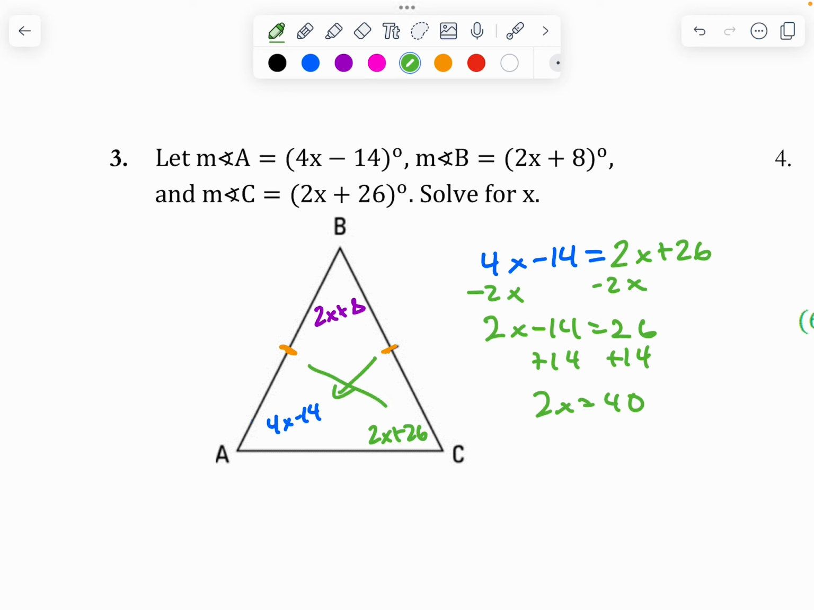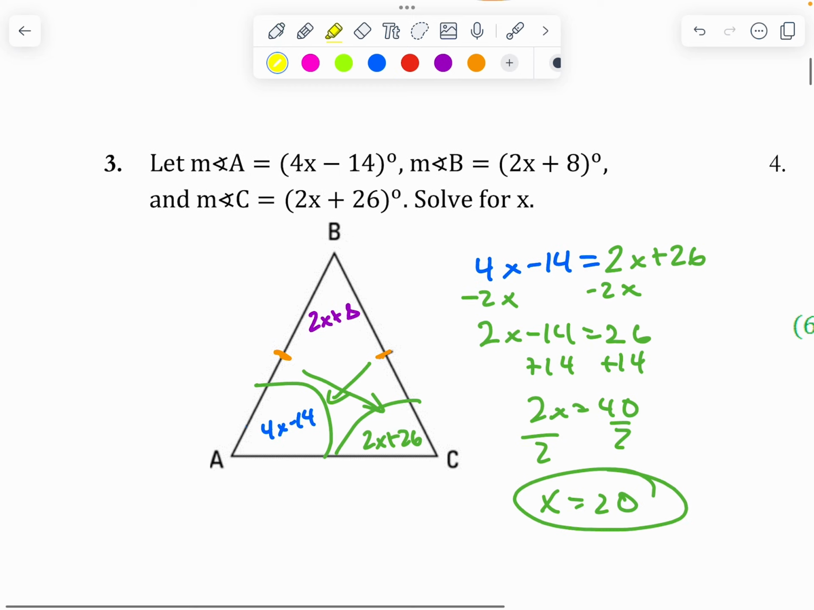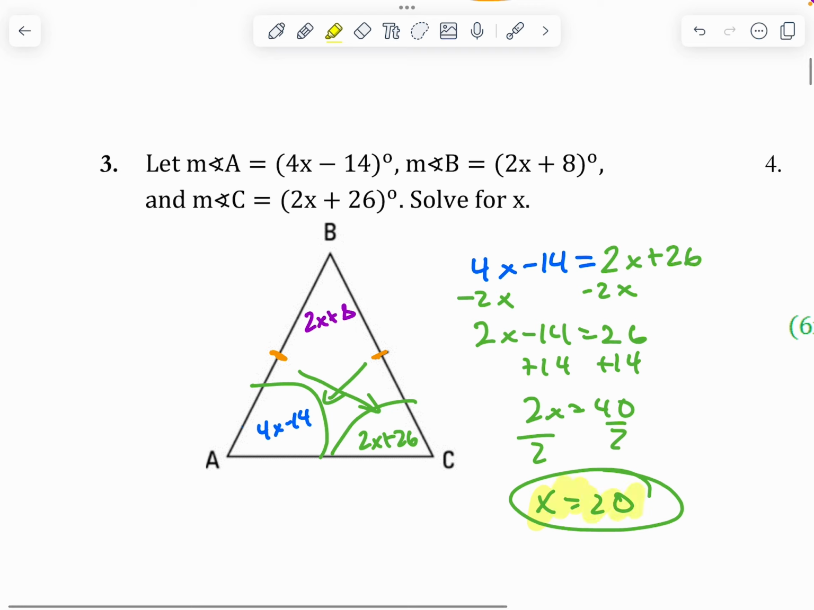Again, these are congruent. Divide by 2. X is 20. So we found x. And we use our isosceles problem. The cool thing about this problem here is there was a different way that you could solve for it. Right? We do know that these sides have to be congruent, which is why we set them equal to each other. But if for some reason you didn't remember and you knew your third side, what you could have done,